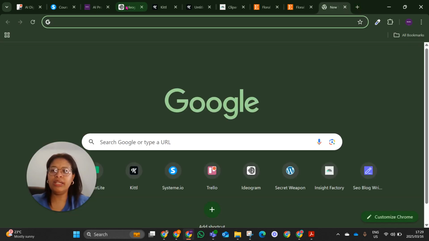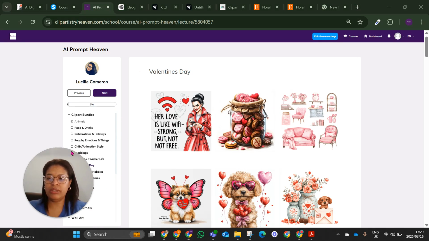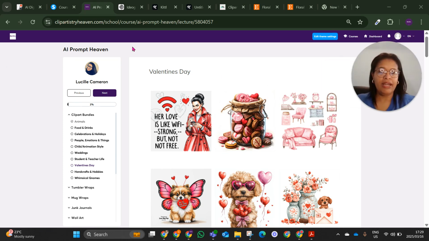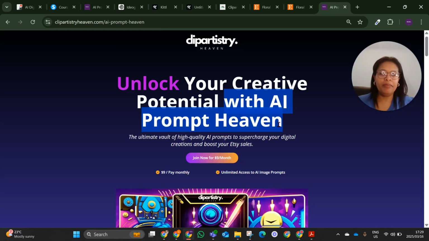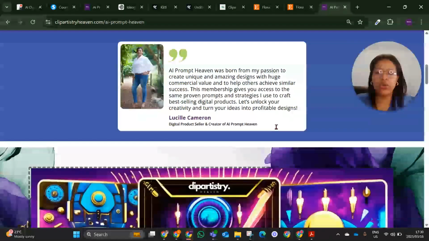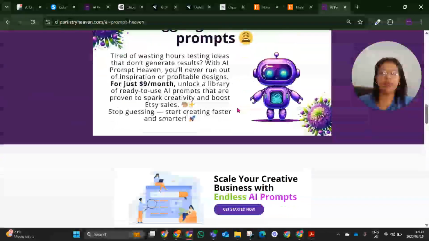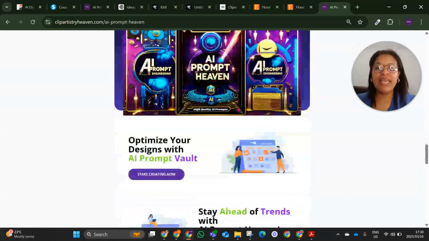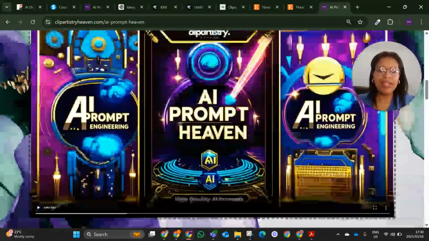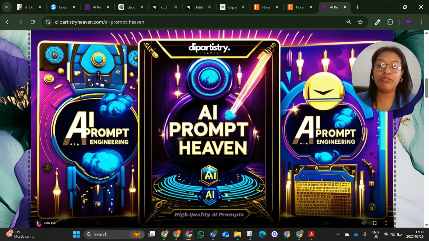The moment you log in, you will land or sign into the course or vault or whatever you want to call it. AI Prompt Heaven, it's a monthly membership. So it's basically a vault with all the prompts, or not all, rather, a lot of my prompts that I use that I sell on Etsy, and it is a way for especially beginners, if you are new to the clip art business or